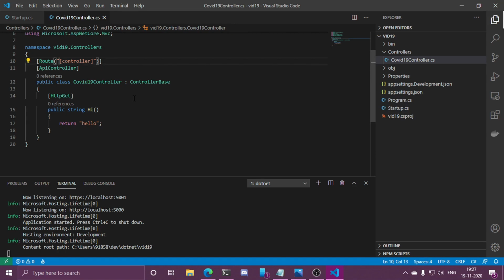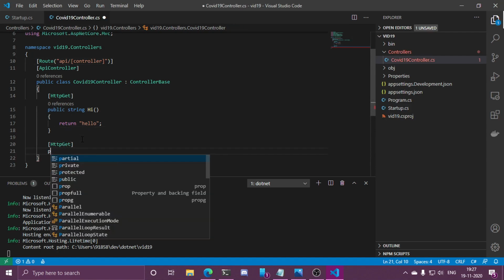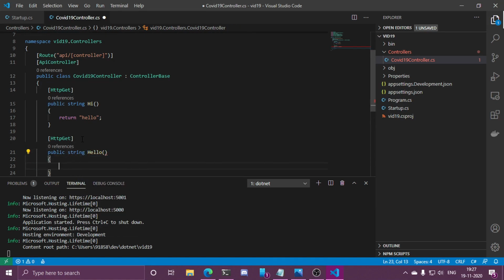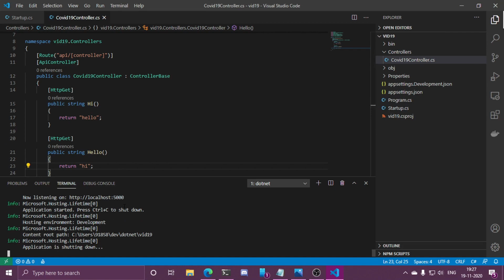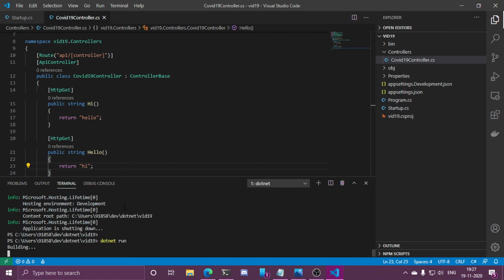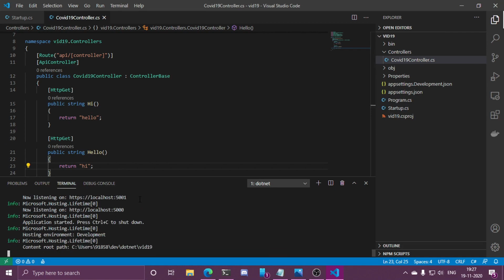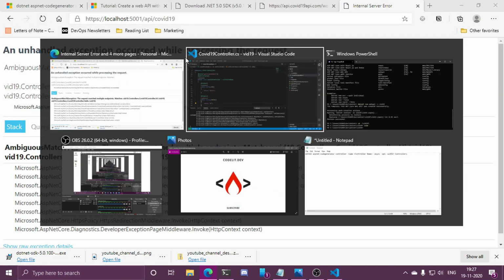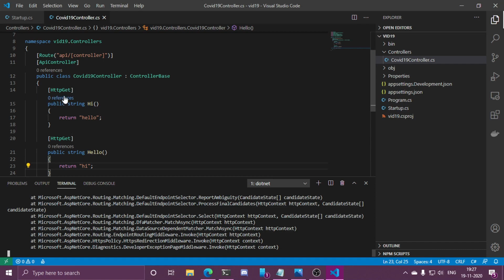So let's first of all, revert it back to API/controller. And let me also create one more HTTP get route public string hello. So now I am demonstrating that how the auto resolution works. So if I run this thing now and request the data again, I will get an exception because now there are two HTTP get methods.